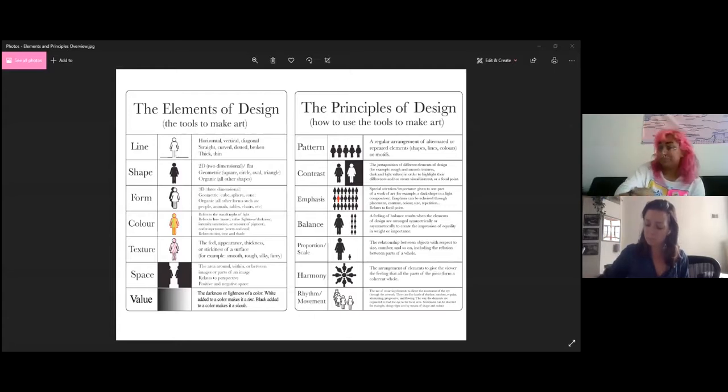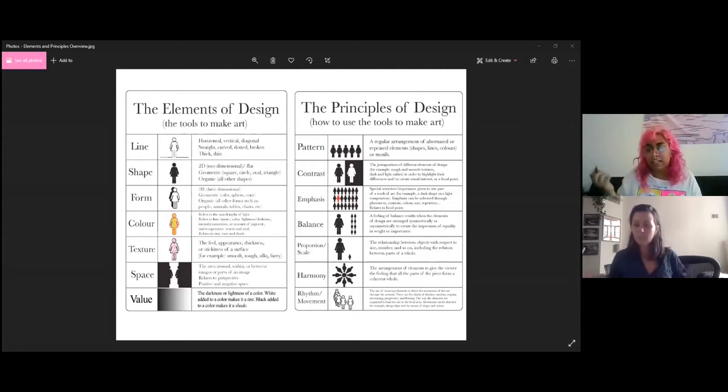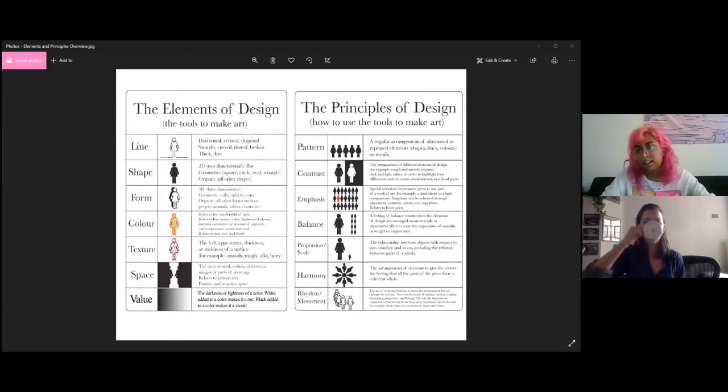And then principles of design are, you know, you got your patterns. We see patterns everywhere. Nature has patterns. We love patterns. Patterns are great. They're fun to repeat. A lot of times people just do repeating lines. Meditative. Contrast. Contrast can be with color, you know, like complementary colors are contrast because they're opposite of